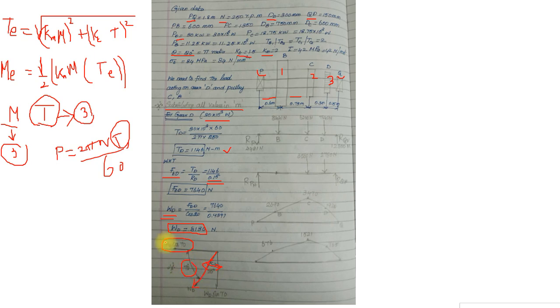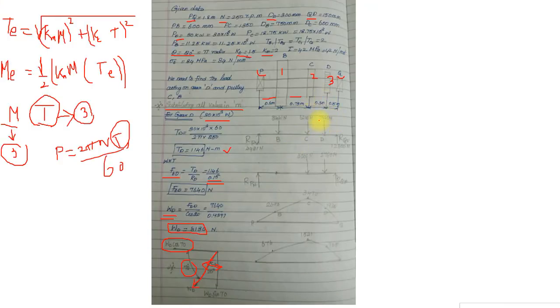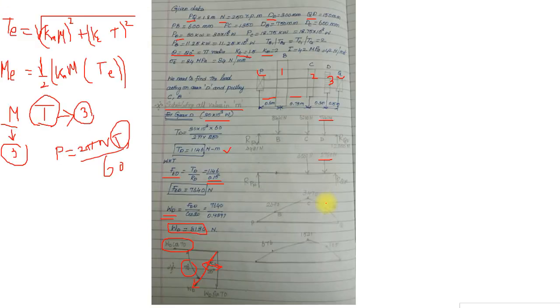So that I don't want to change the cos and sin values. To find horizontal, WD into cos 70. To find vertical, WD into sin 70. If I substitute the W value, and find sin 70 and cos 70, I can find the vertical component and horizontal component. You can come back to the diagram; I have written the vertical component value and the horizontal component value: 7640 and 2780. So 2780 is the horizontal component, 7640 is the vertical component.